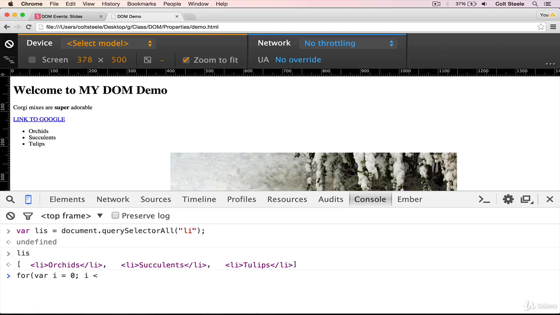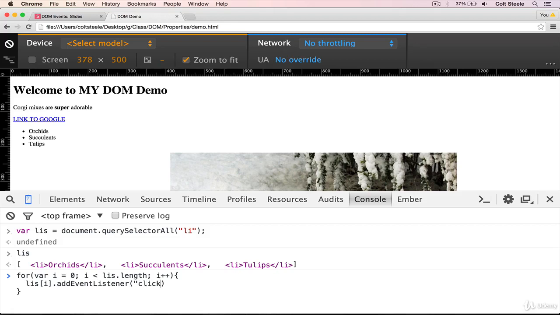So i less than LIs.length, i plus plus, just like that. And then inside of here, we're actually going to add a listener to each individual LI. So that looks like this, LIs i. So that gives us the specific LI, dot addEventListener,